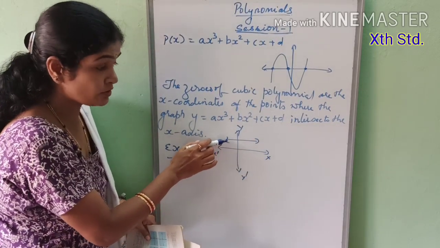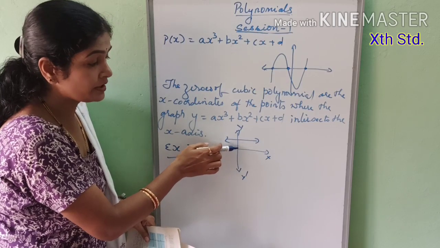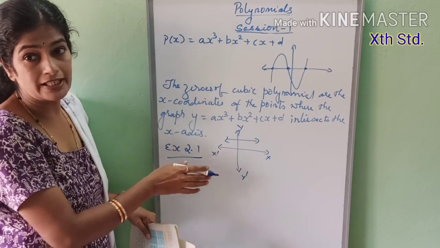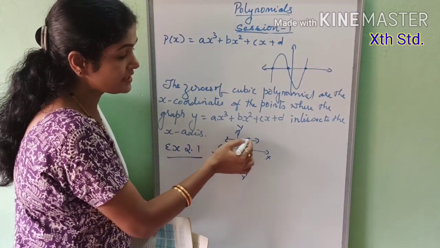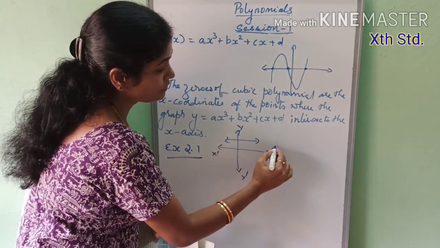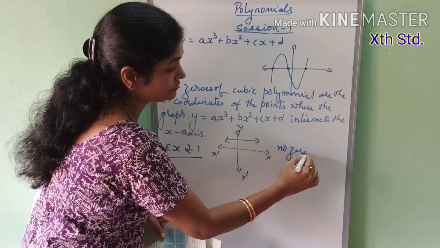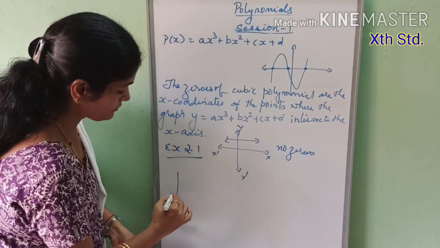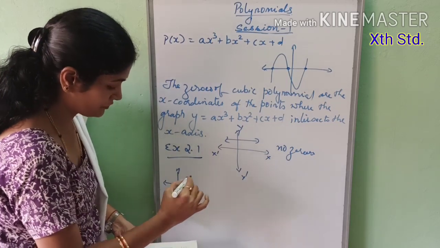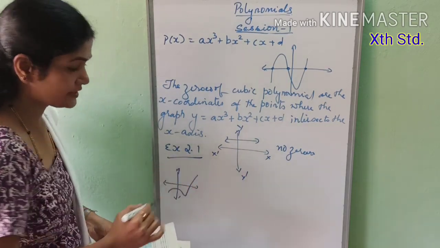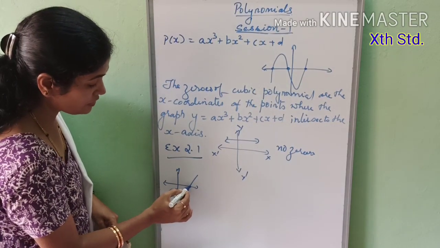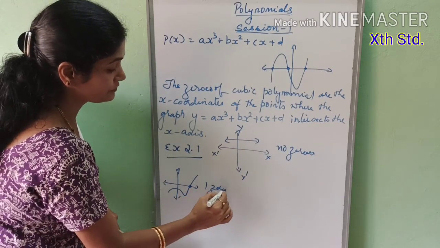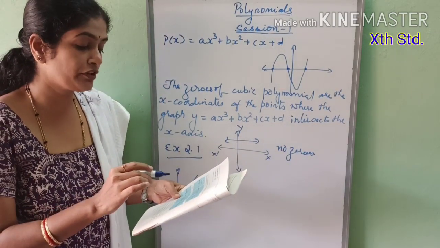This is not at all having any point of intersection on the x-axis, since even though it is a straight line here, it is parallel to the x-axis. So how many zeros does this line have? It is having no zeros. Then see the second one. Second one, it is like this. You just see the point of intersection on the x-axis, 1 it is, so it is having 1 zero. Correct.